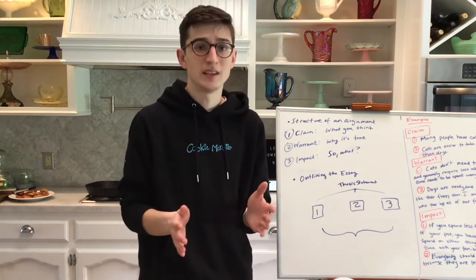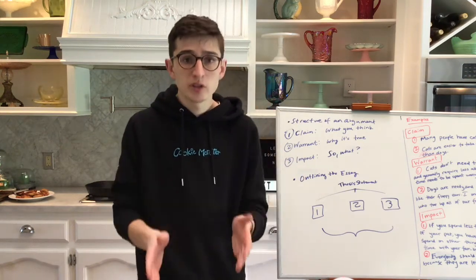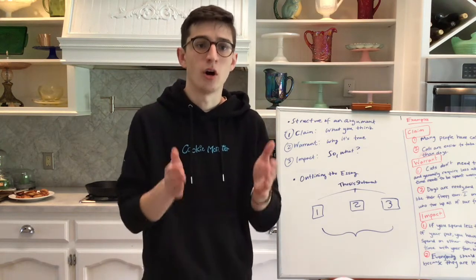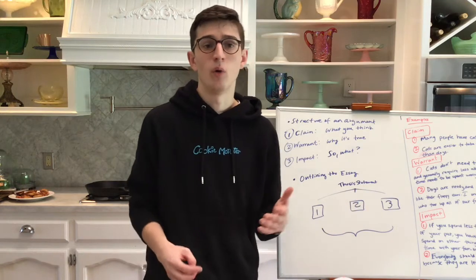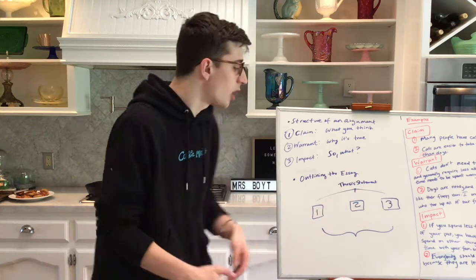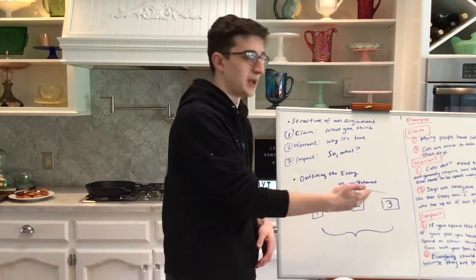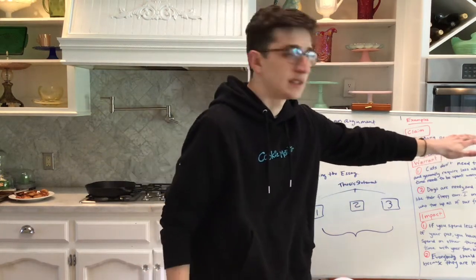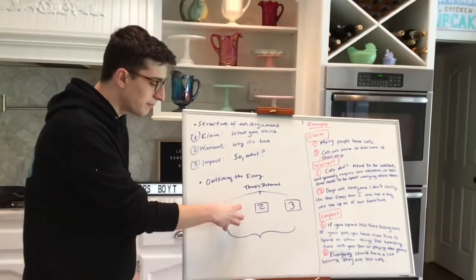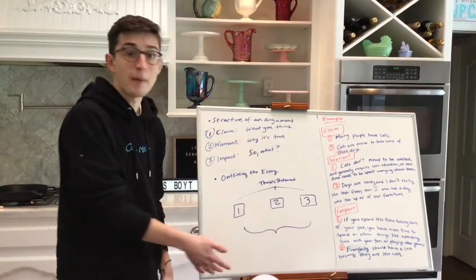The structure of a thesis statement should look like this. The first thing you talk about is what your main argument is. And then you're going to say something like evidenced by or proven by, and then talk about the different arguments that you're going to make. So this claim that I have over here, cats are easier to take care of than dogs, is probably one of my individual paragraphs. It's not my essay as a whole.